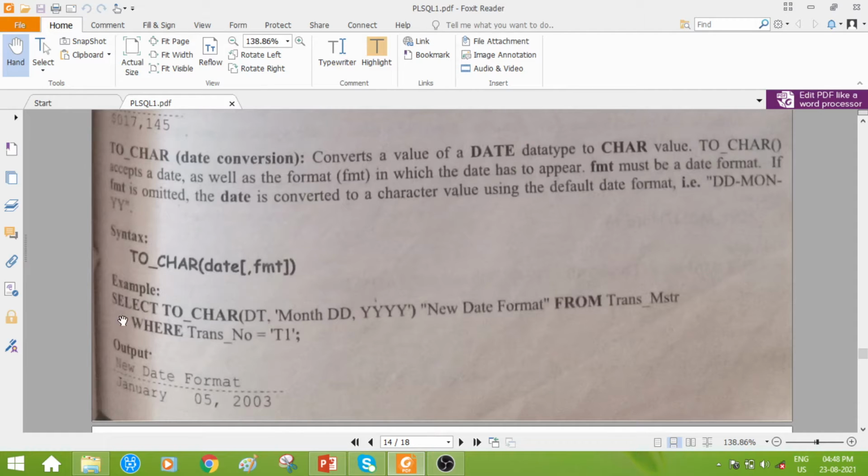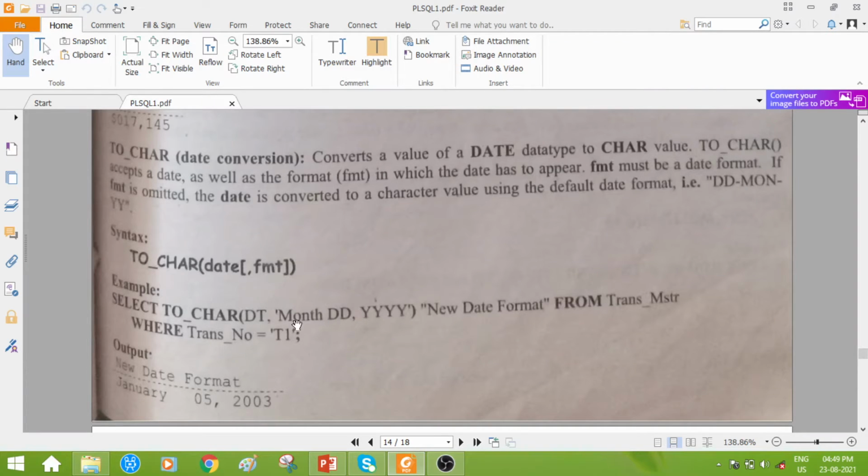You can refer to the example here. With the help of the select operation, we are using TO_CHAR, the function used to convert the date data type to character data type. The input argument should be the date value, so dt is the date value. Then comma, and the second argument is the format, month.